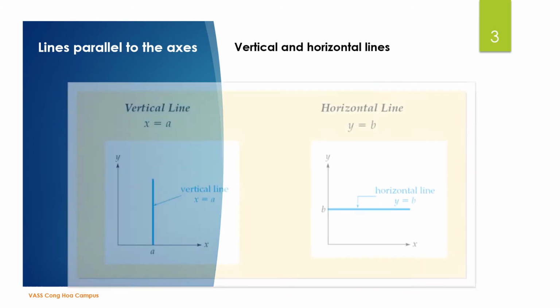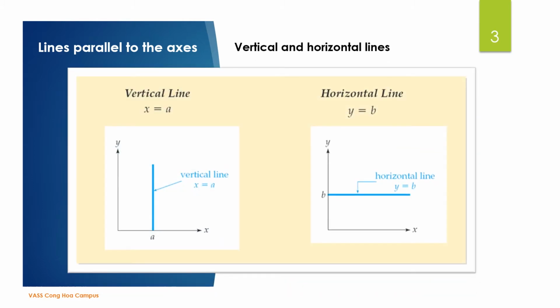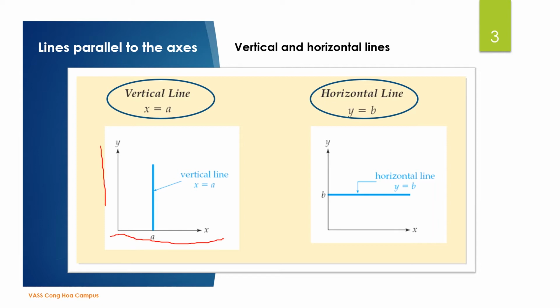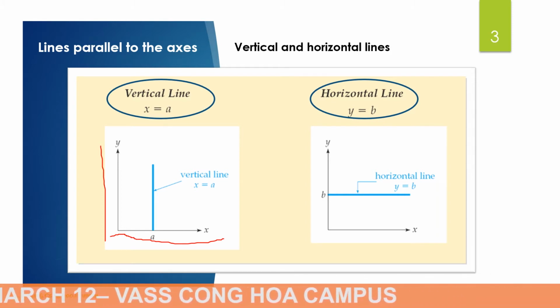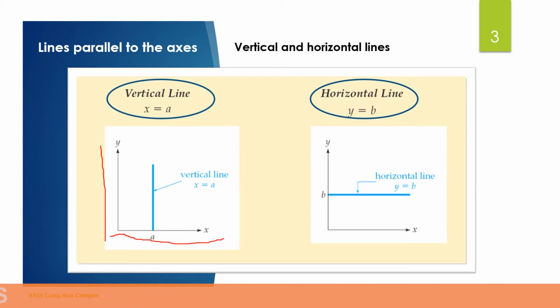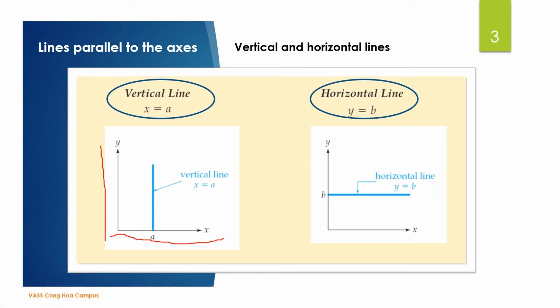So, last week we learned about the coordinate grid, and we said that there are two axes, the x-axis and the y-axis. So, parallel lines to these axes we have two. First, we have the vertical line. The vertical line is parallel to the y-axis, as you can see. And usually the equation for this line is x equals a. A can be a number